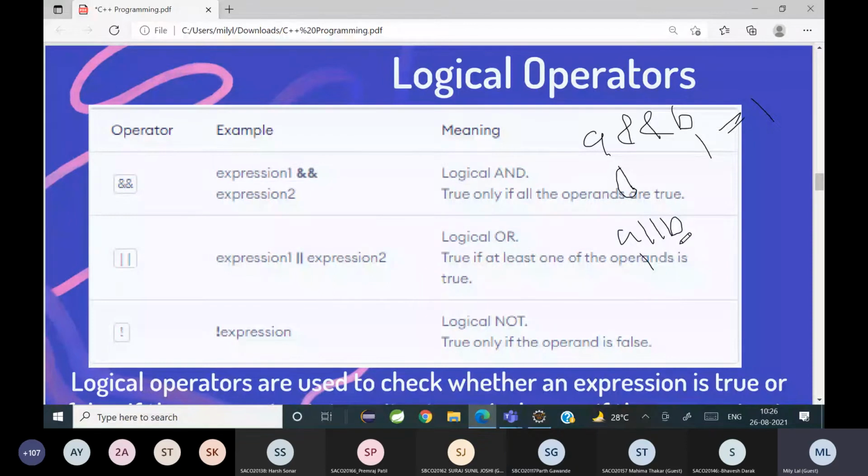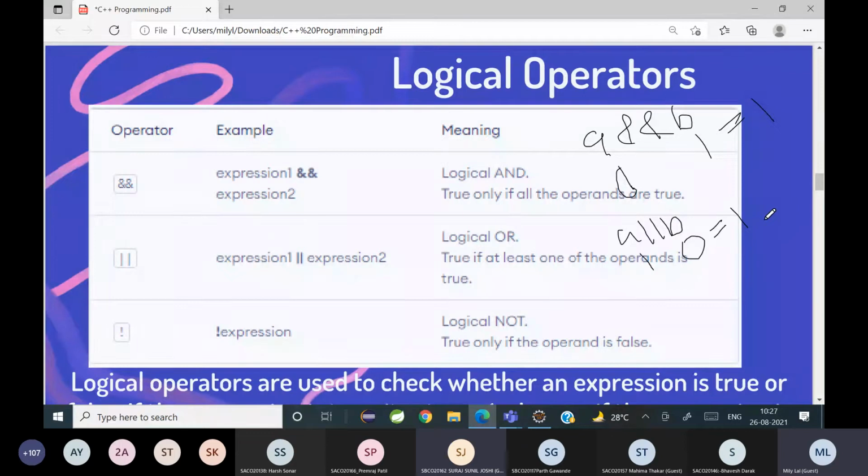So what does an OR symbol tell you? If any of the case is true, okay, if A or B is true, it will return a 1. So when will it return a 0 or when will it return a false? When all the inputs are 0. Both the expressions are 0.